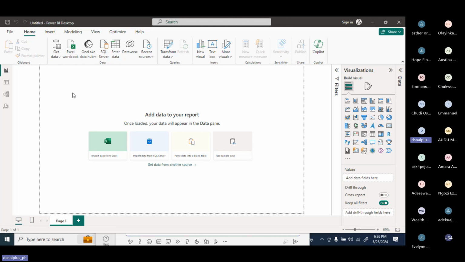So now all these applications in the Power Platform, they work hand in hand together. They integrate among and within themselves. So welcome to Power BI. What we're going to do today is just talk about